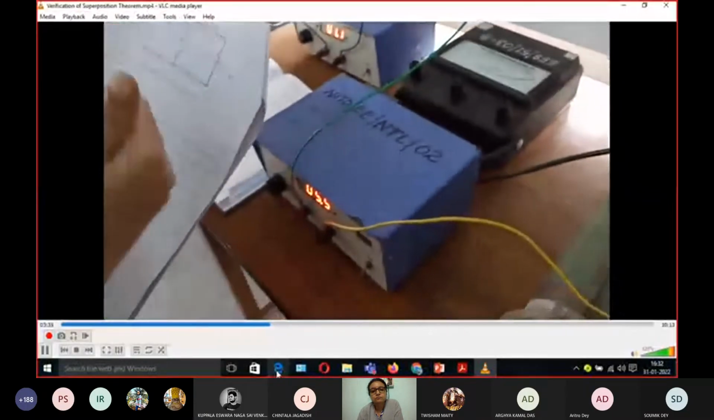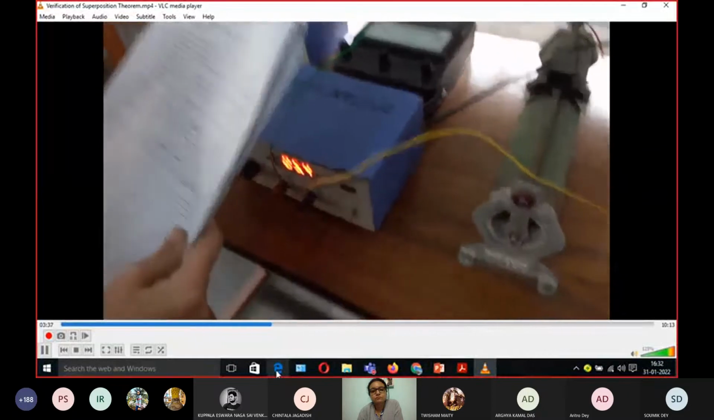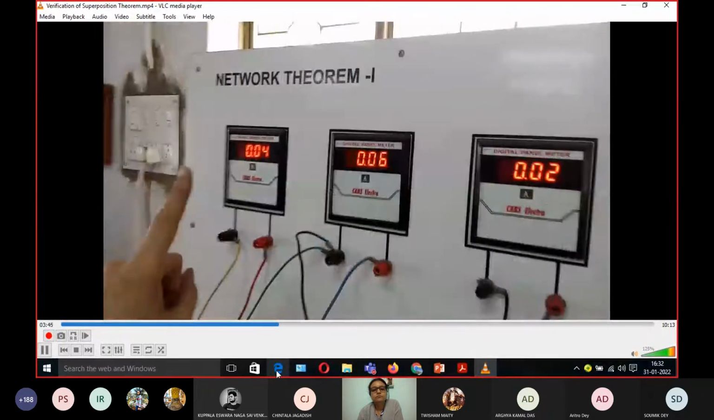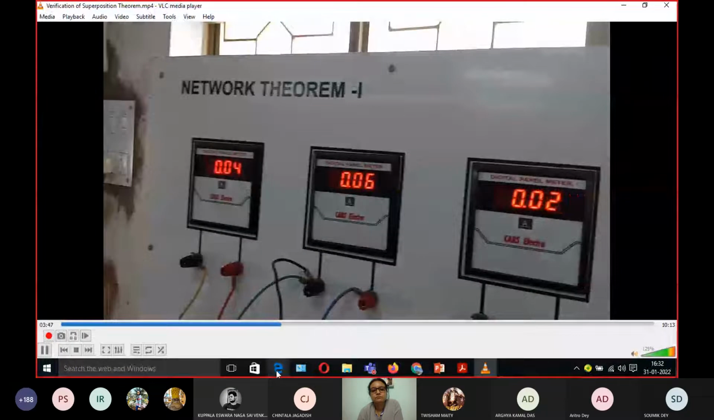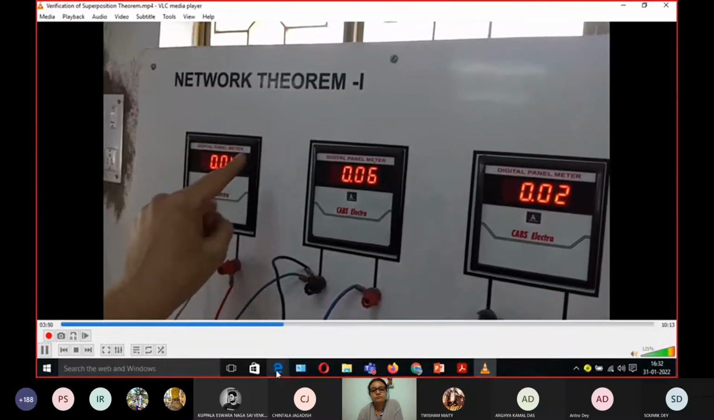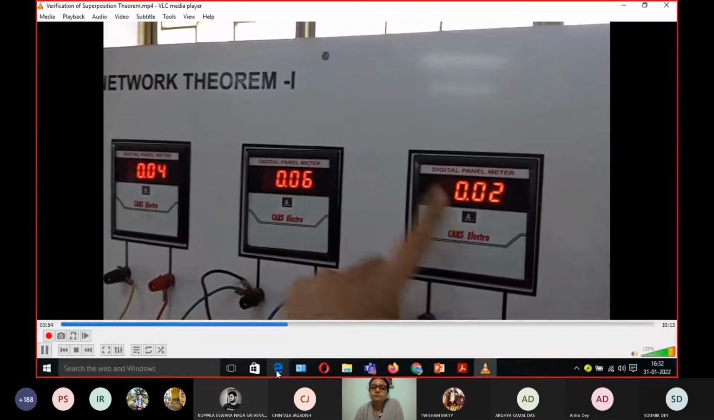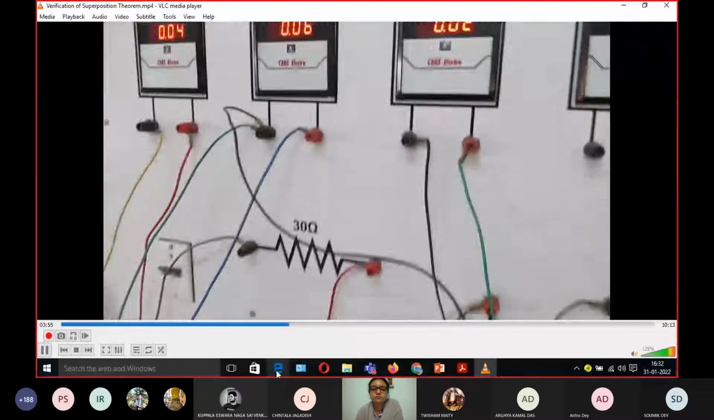Now we are going to demonstrate the procedure. First, when two sources are connected, we will measure all these three currents, I1, I2, I3. So here, I1 is showing 0.04 ampere, I3 is showing 0.06 and I2 is showing 0.02. So therefore, I am writing over here,